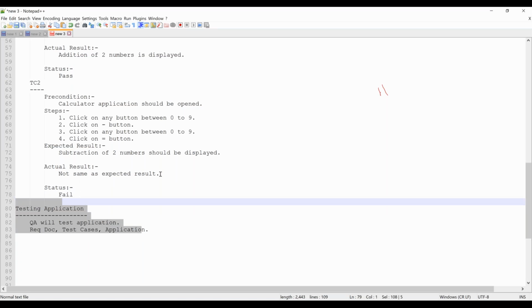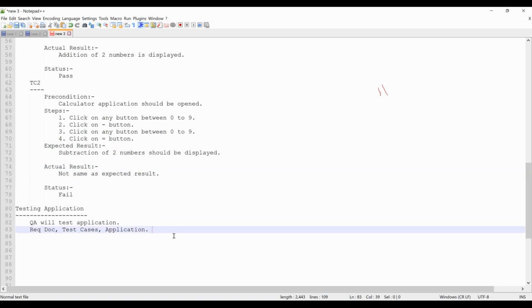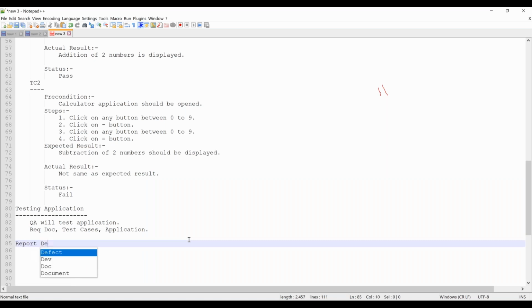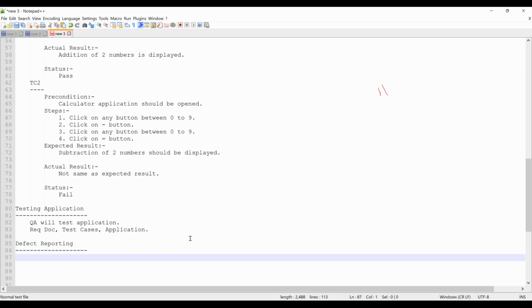Now what will happen when the test case is failed? When the test case is failed, you are going to have something called as defect reporting. So what is this defect reporting? Who will report defects?